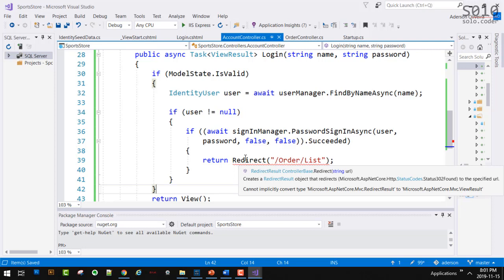Well, there is IActionResult. There are action results. ActionResult is the parent of both of them. Both of them inherit from ActionResult. So instead of returning the specific view result, we go one level up and we return the parent of both. So now I can return either a redirect or a view as well.